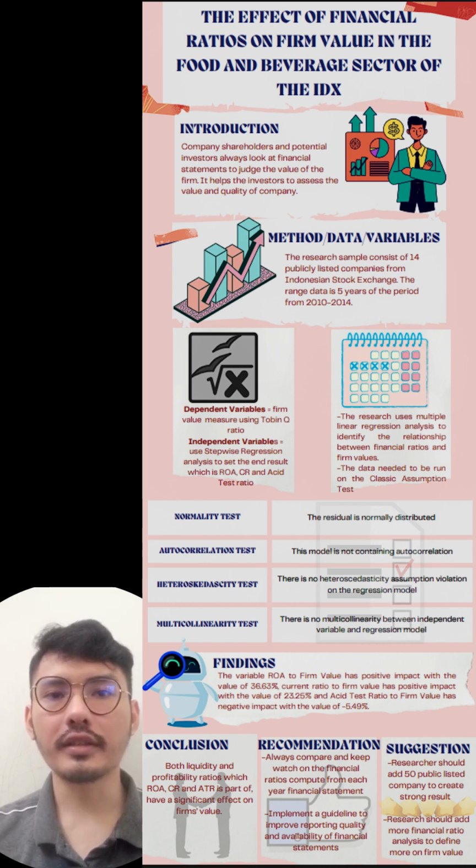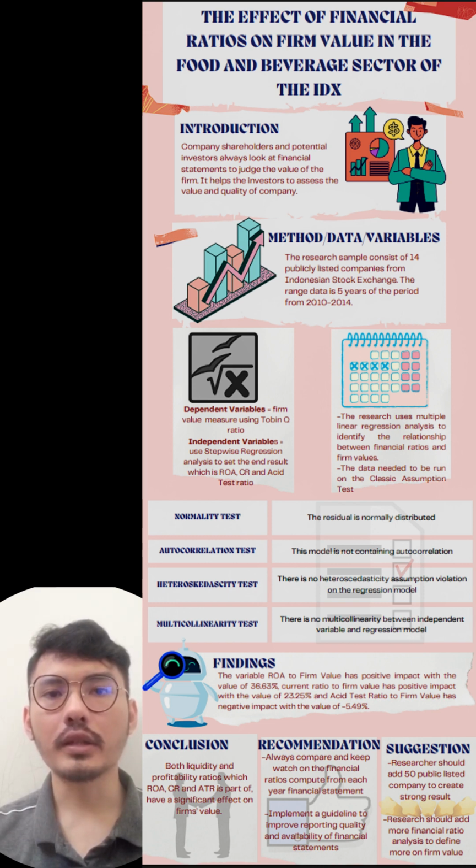Second, the autocorrelation test. There is correlation between the observed object with other observations at a different time. From the output above, the value of D is 1.799, and then we compare it with the values of DL and DU on the Durbin-Watson table. Third, the heteroscedasticity test, used to find whether the data is homogeneous or contains the same variance. It can be determined by looking at the scatter plot.